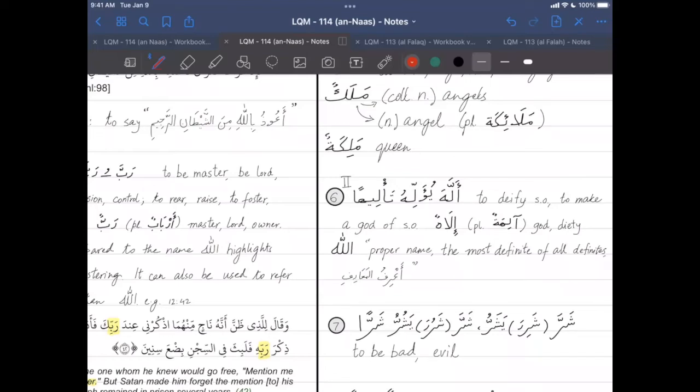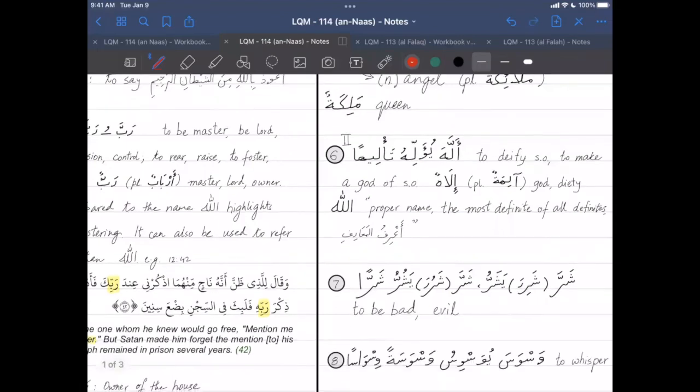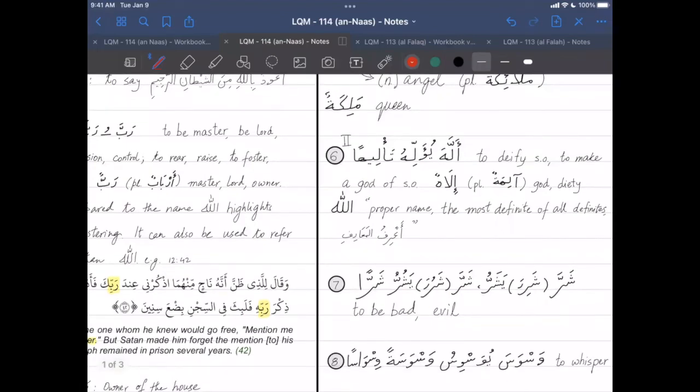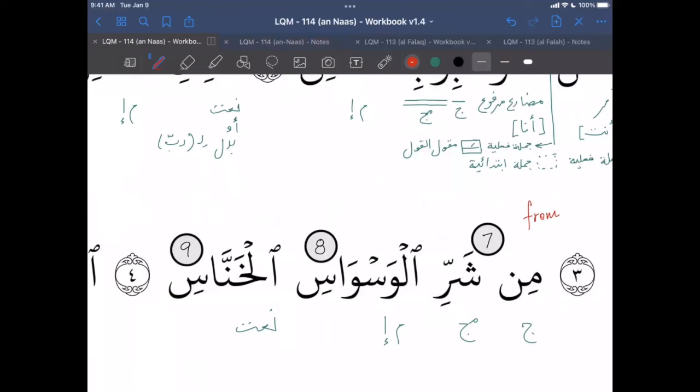Both have the same meaning, but they both are listed in the dictionary, so I thought I should mention both. Sharran is the masdar. Meaning is to be bad, to be evil. From the evil,